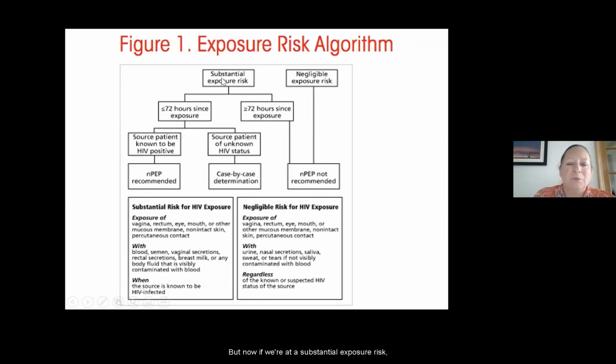But now if we're at a substantial exposure risk and it's less than or equal to 72 hours since the exposure, then the next thing you're going to look at is whether or not the source patient is known to be HIV positive. If the source patient is known to be HIV positive, you definitely want to prescribe nPEP. If the source patient's HIV status is unknown, then it's going to be on a case-by-case determination. And in most of those cases, I tend to err on the side of caution of prescribing the post-exposure prophylaxis,